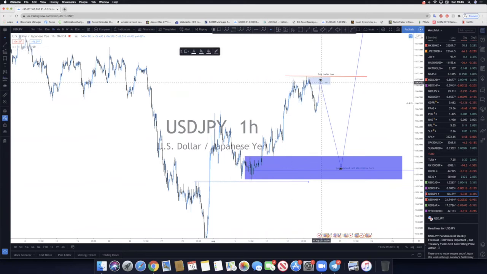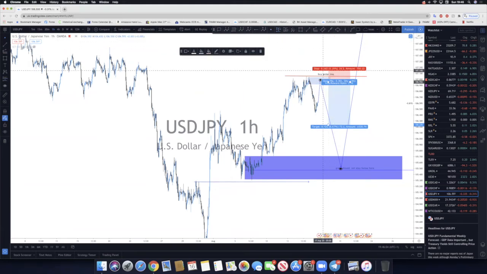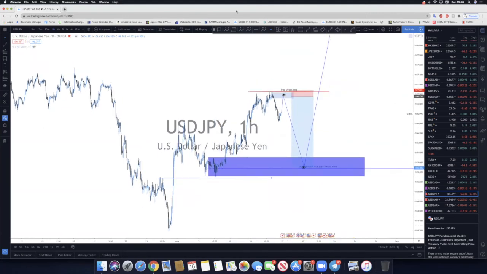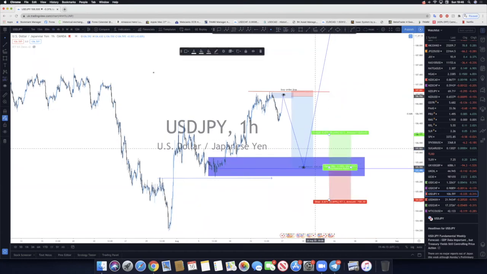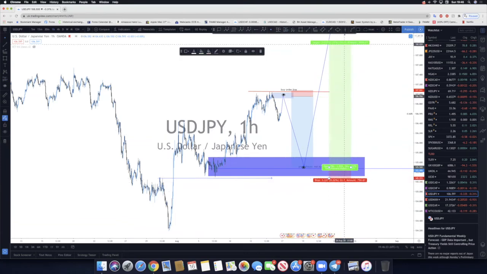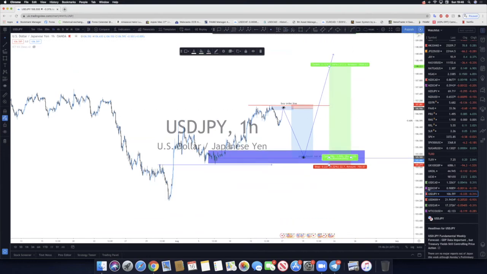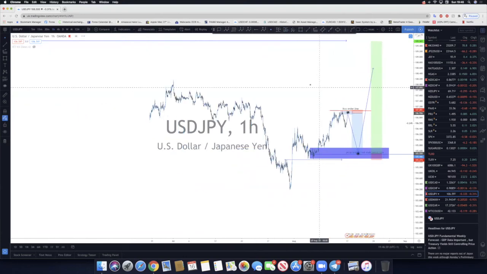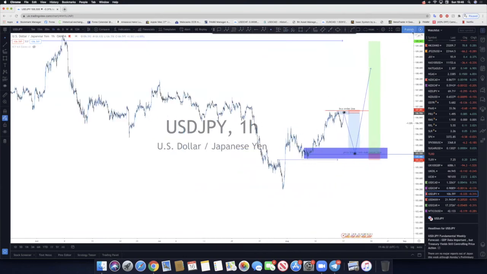When you get this trade, you wait for the trade to tank it to the top, and then you can get your sell. Very, very interesting sell. Your stop loss stays here, your TP will stay here. And then when you reach here, you can look for your buy again from here. This is what I've been doing this week, and it's just fun. I just laugh at the market, like I'm playing games with it. So yeah, we can get this one here, and then we wait. We buy from the top. It's way better, far up here to this target. So first we look for the downside, and later we take the top.